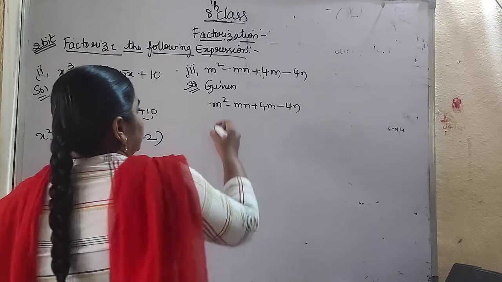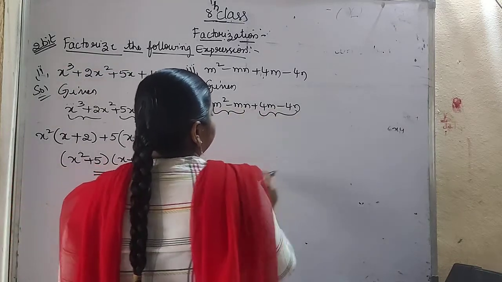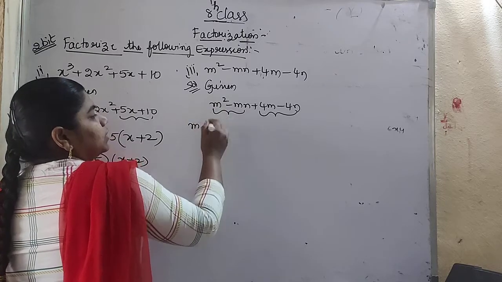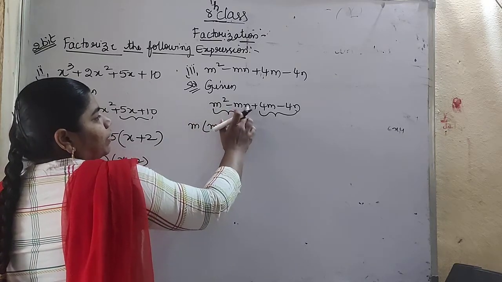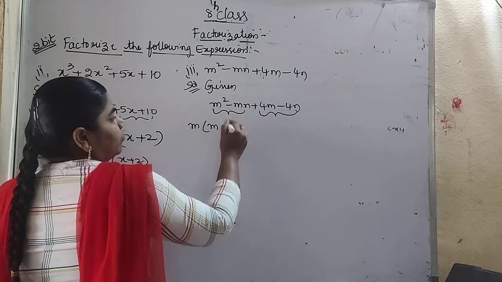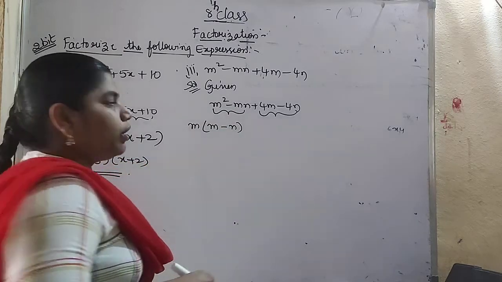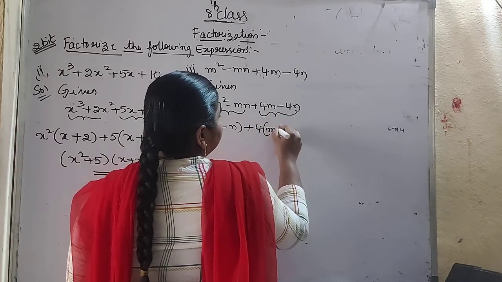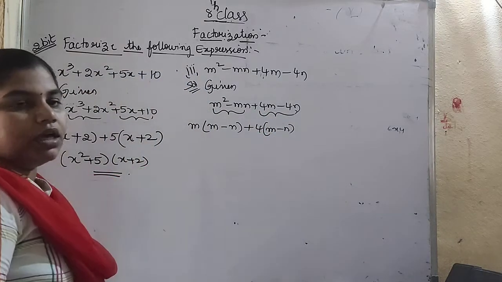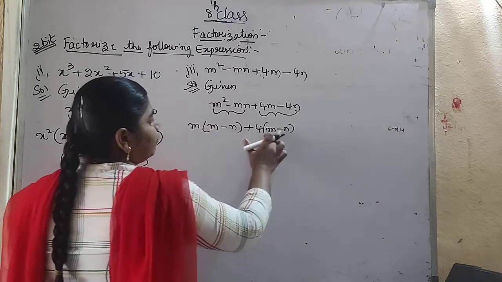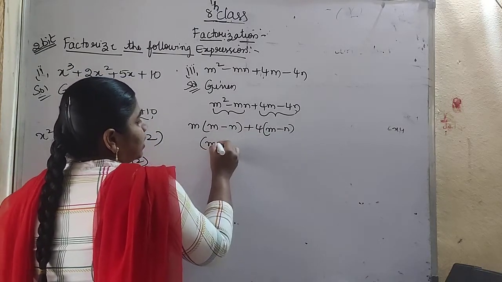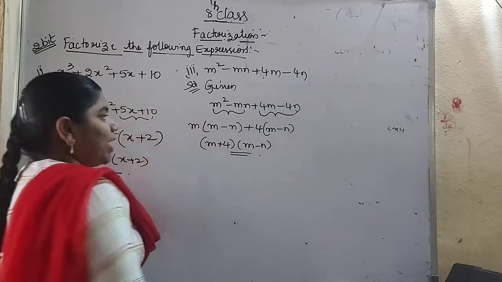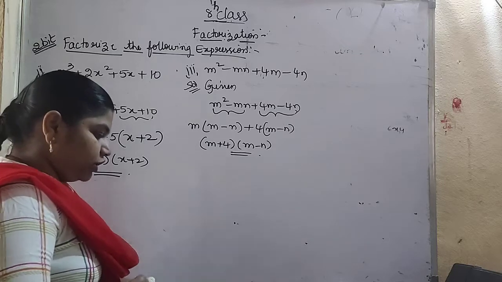So how to factorize? First two terms, last two terms. In this, what is common? Only one m is common. In this, one more m is there, with minus. From this term, we have already taken m as common. What is the remaining? n. Now in this one, 4 and 4 is common. The remaining terms we have to write in the bracket. In this case also you got the common factor. So now what are the factors? m plus 4 is one factor. m minus n will be the other factor. So this is our third question.